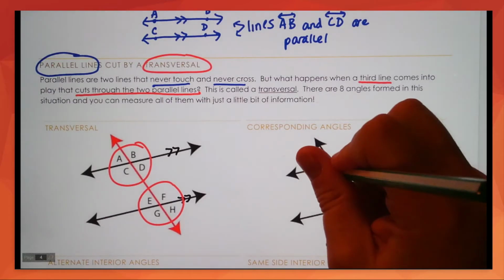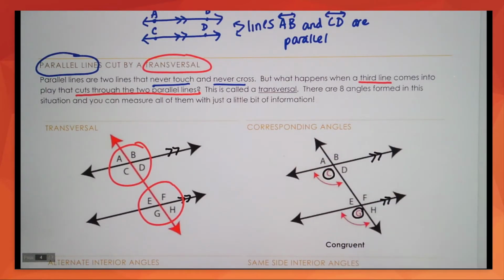So that means that C and G are going to be congruent with each other. And every other set of corresponding angles is also going to be congruent. The key word here is corresponding. So how can I put this in a different terminology? If you think about,